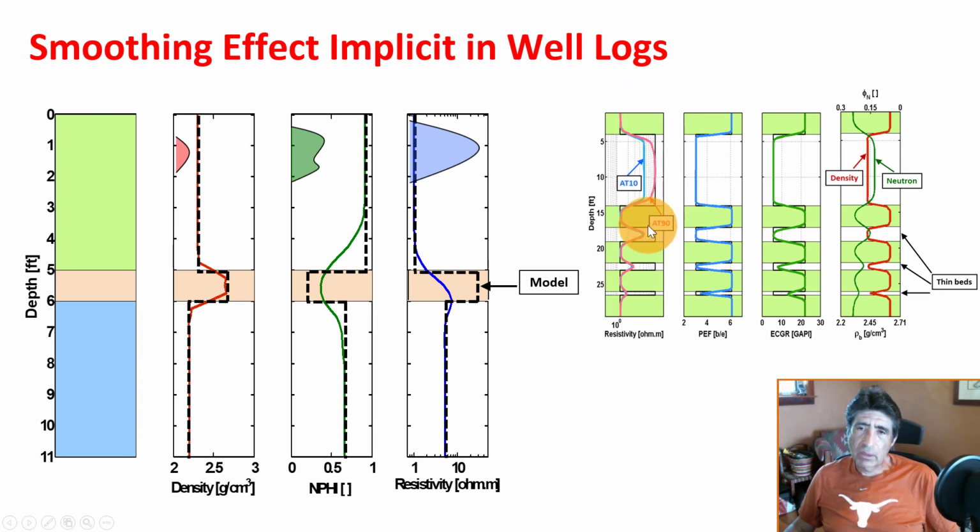This is the resistivity log, the photoelectric factor log, the gamma ray log, and the density log. And what I want to point out is that these green shaded layers have one property, and the ones that are white color have another property. And look, every time you go through a boundary, the boundary is smooth, and maybe if the layers are very thin, then the property sensed in the center is no longer a representative property, to the point that this degree of smoothing is going to be different for the different logs.